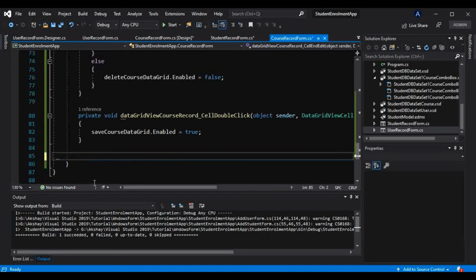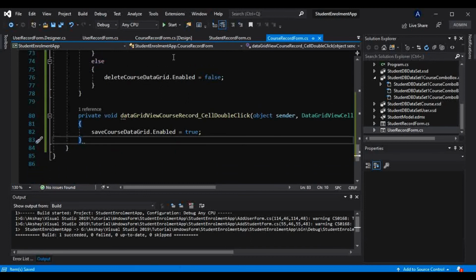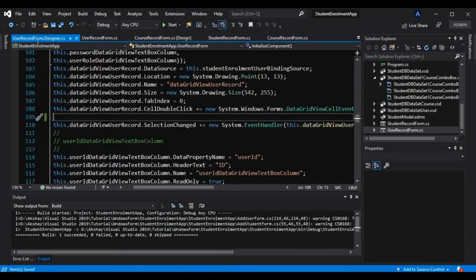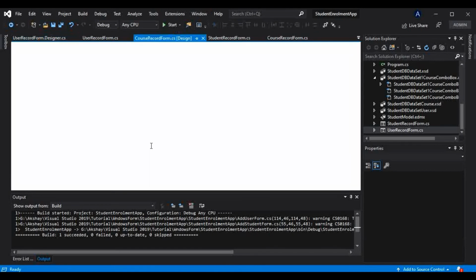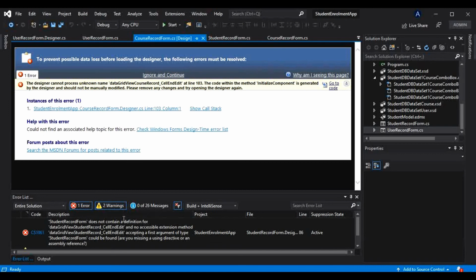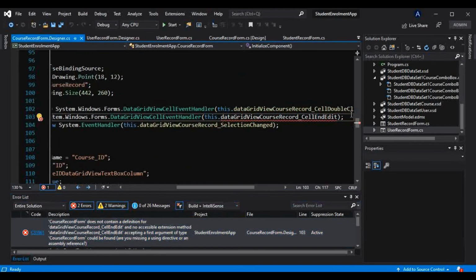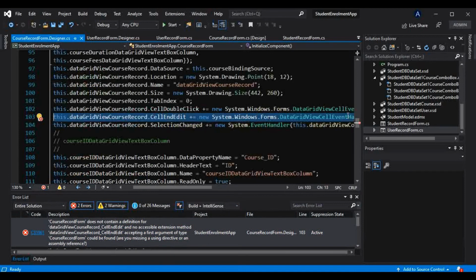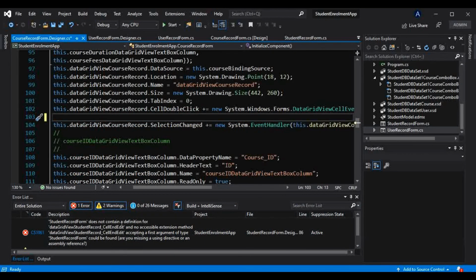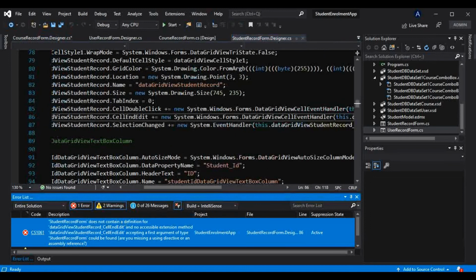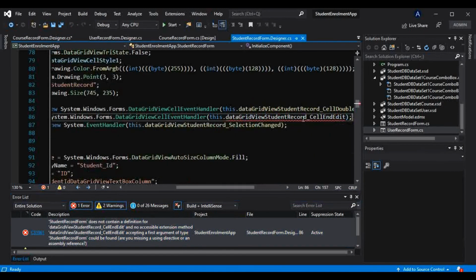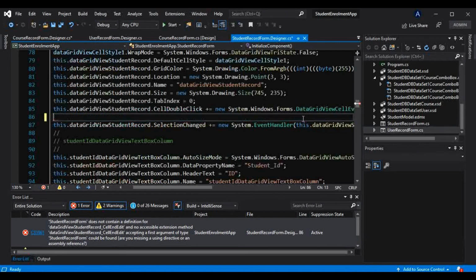Let me close that and let me go to the designer of this, because that definition also we have to delete from here. And same thing for the student, let me press end, shift home, and let me delete that.